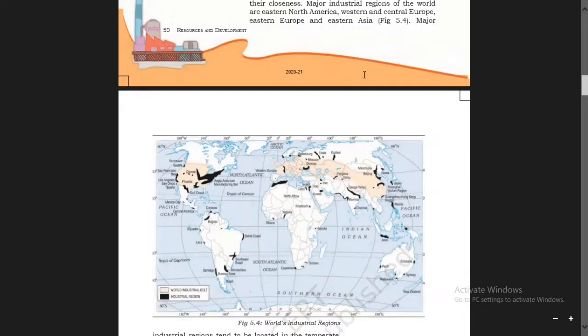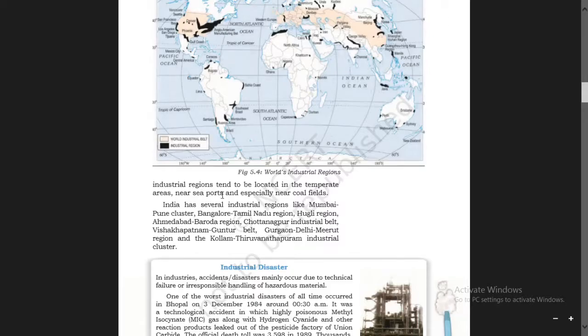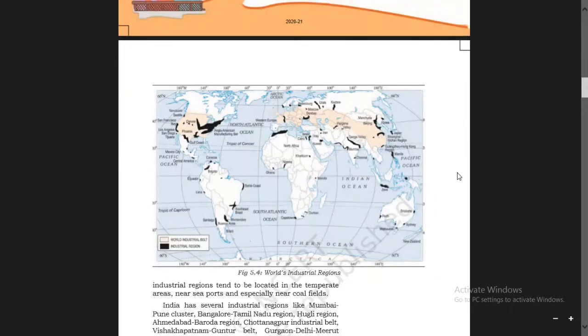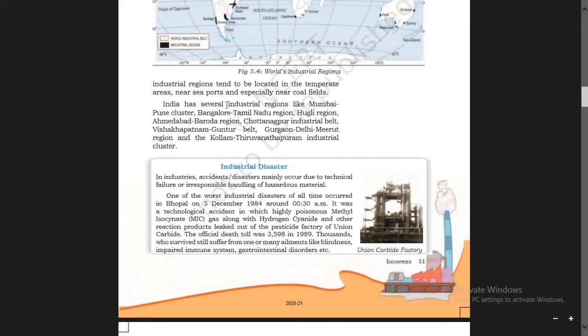Major industrial regions tend to be located in the temperate areas near seaports and especially near coal fields. That means transporting the finished products, or importing raw materials and other things for that purpose. India has several industrial regions like Mumbai, Pune cluster, Bangalore, Tamil Nadu region, Hooghly region, Ahmedabad,